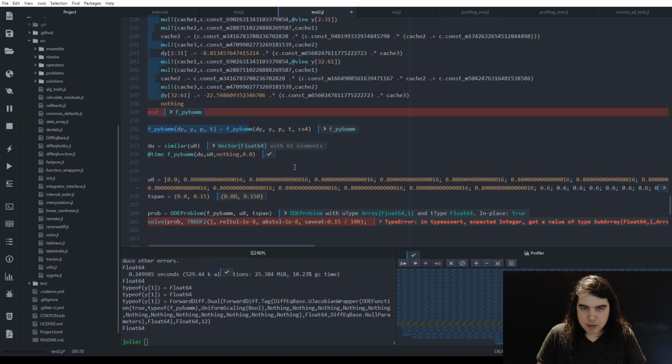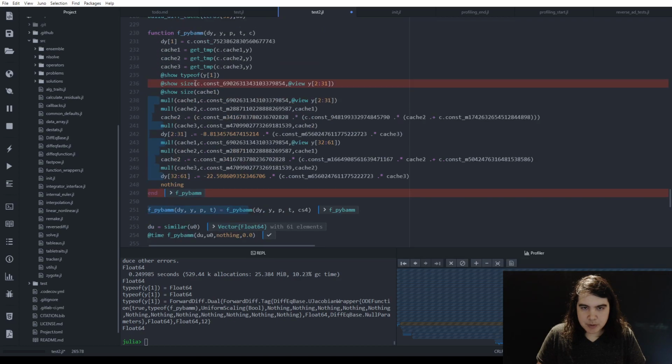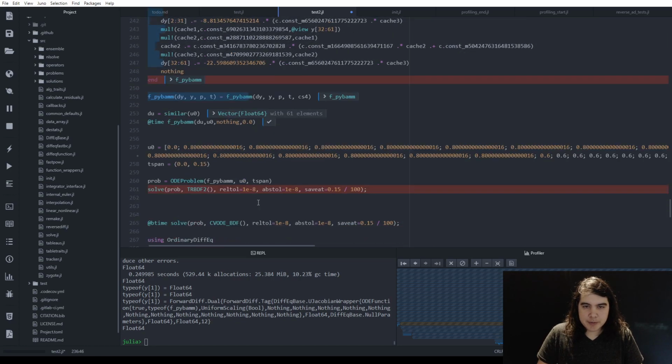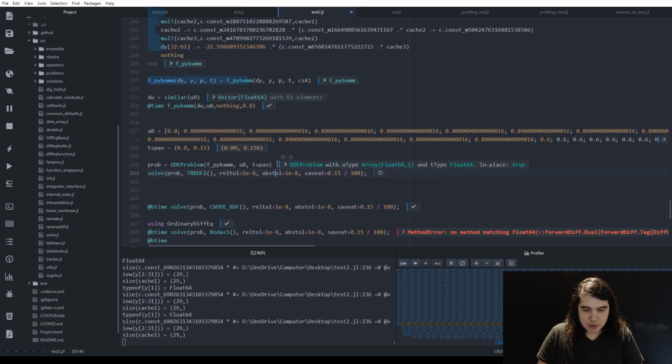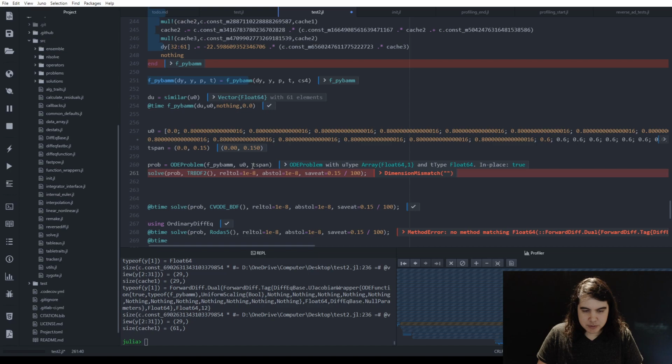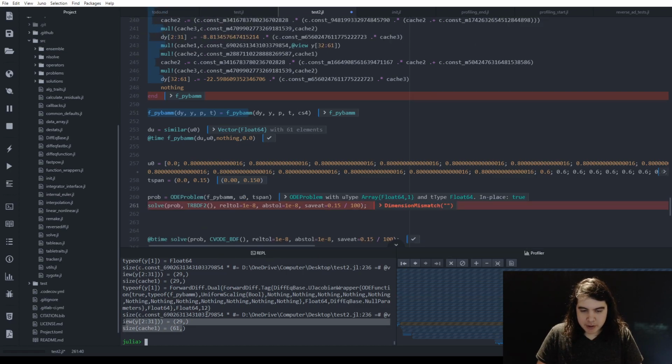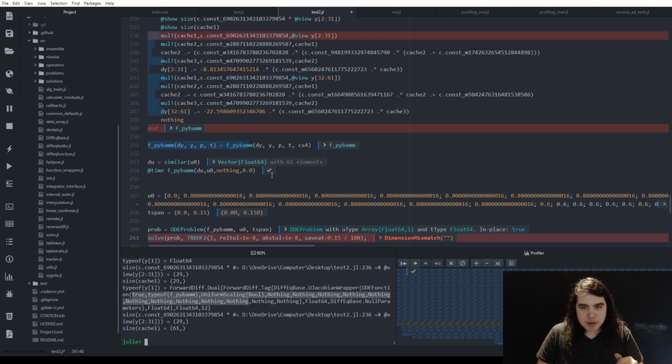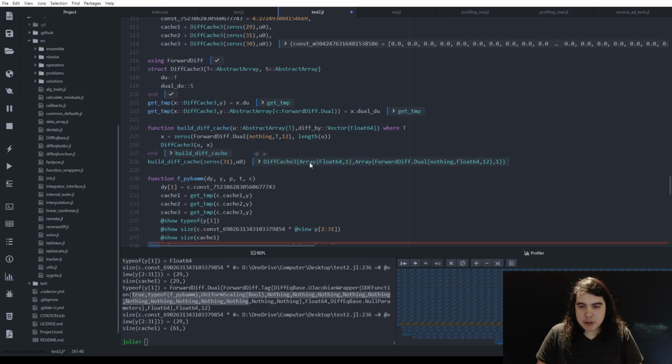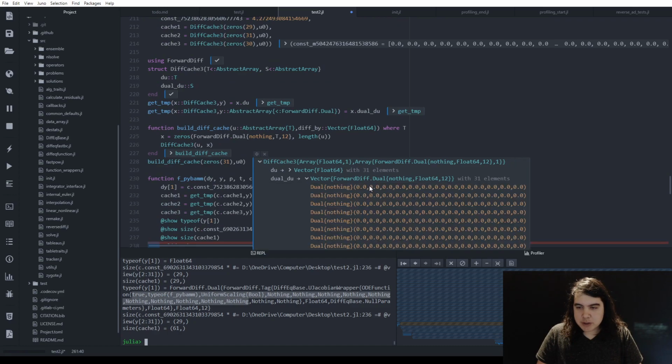Oh, this should be size of multiply. These are all the same size until it wants to get the cache 1 version, right? So this is all the same size until I'm seeing dual numbers. So something about the dual number size is actually incorrect here, which is that,